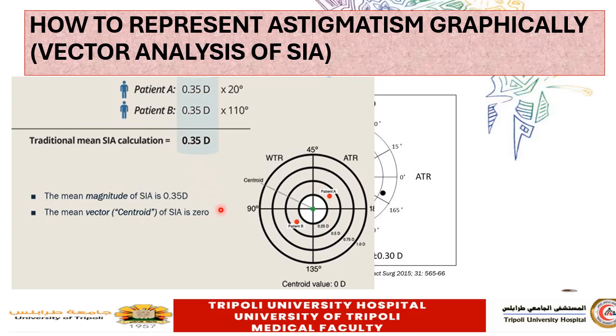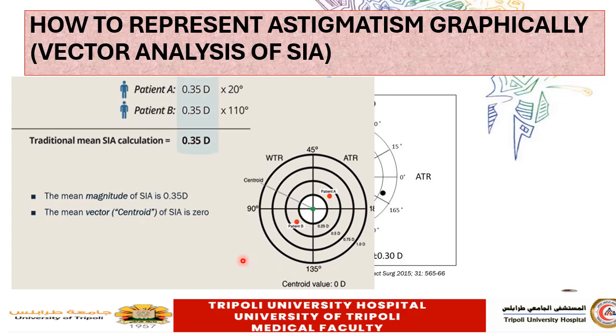However, actually, the mean vector for this patient is equal to 0, because the first value, which is 0.35 diopter at the x of 20, and the other at the x of 110, so the net will be equal to 0 at this point. So the net centroid for this patient will be equal to 0. So this is the best way to represent astigmatism in a centroid configuration or in a polar configuration like this,